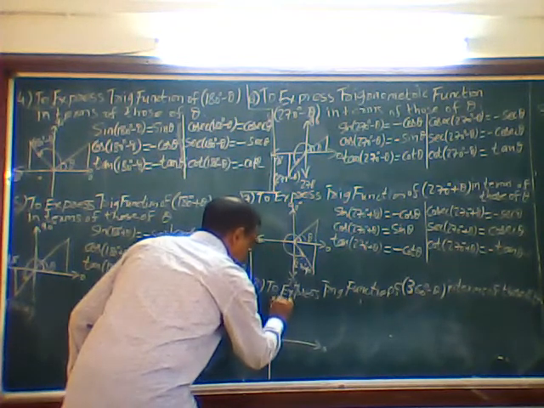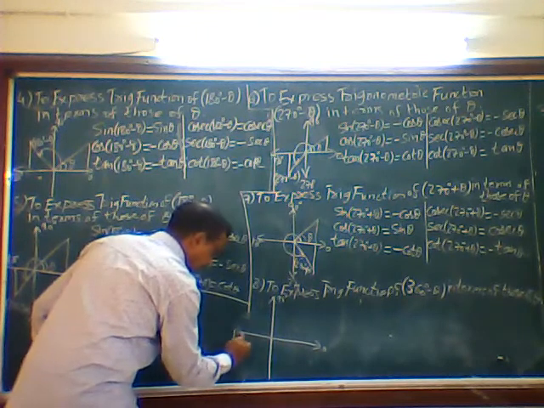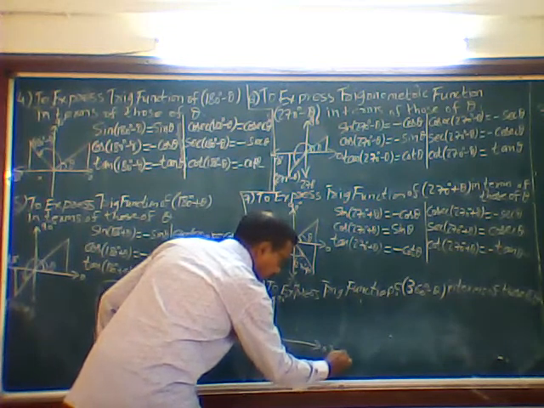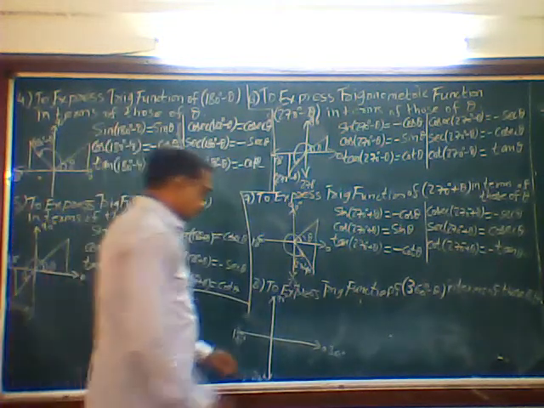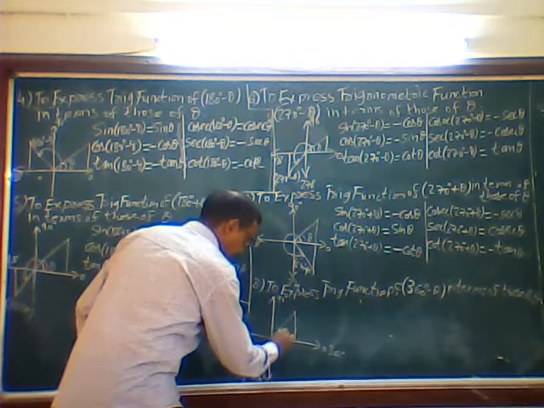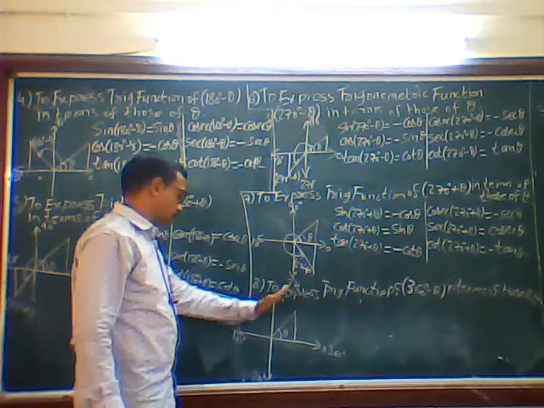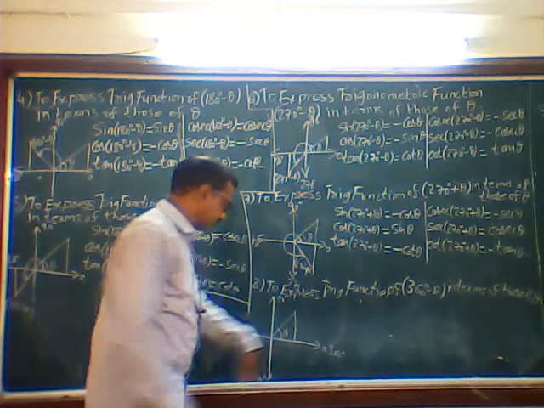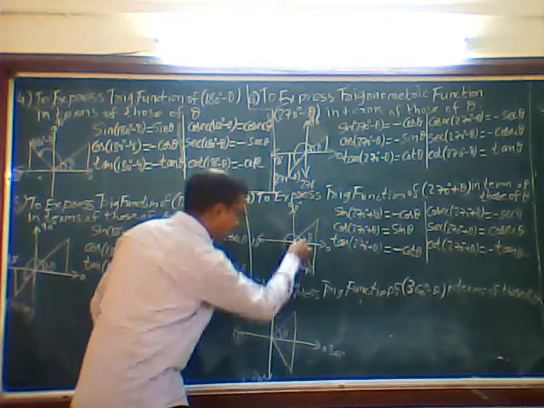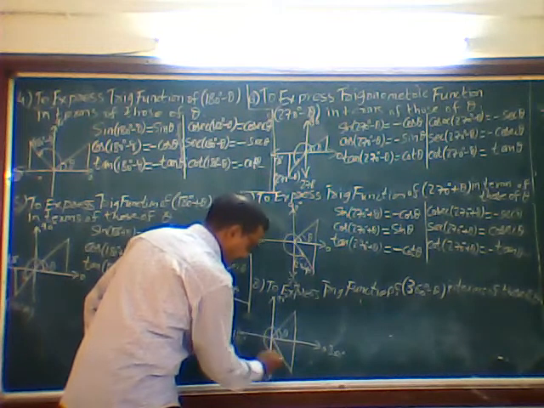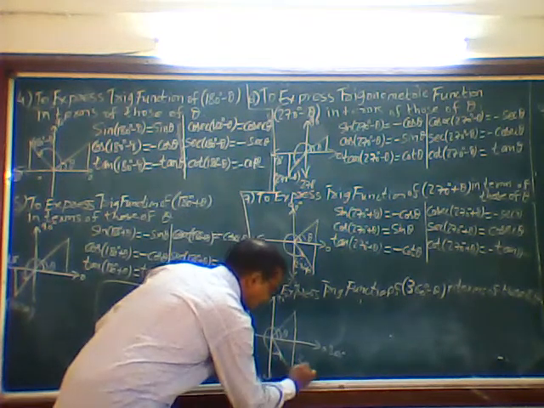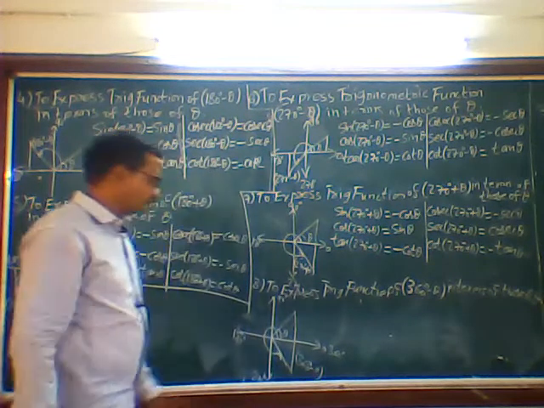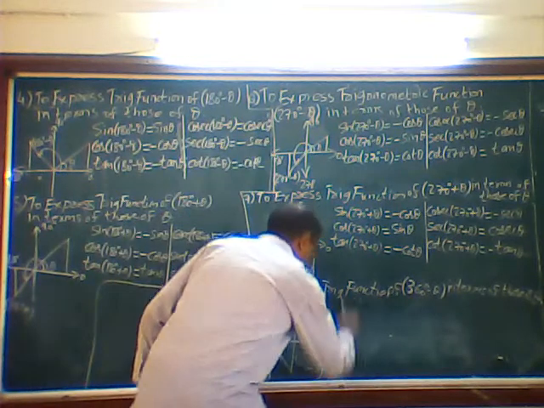0 degree, 90 degree, 180, 270, again back to 360. Now this is my reference theta. Now 360 minus theta: I will come from 0, 90, 180, 270, come back to 360. Again, it is saying minus, which means I will come down. So this diagram looks the same again. So 360 minus theta is lying here in the fourth quadrant. Now one by one we will write.